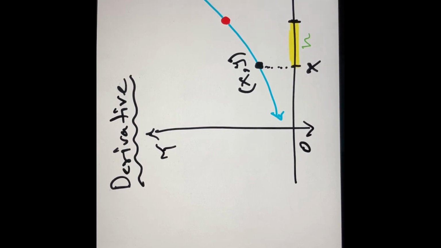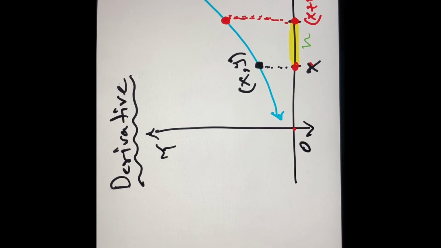So this point will be x plus h, isn't it? From this point to this point represents x, from this point to this point represents h. So if this point is x plus h, the height will be